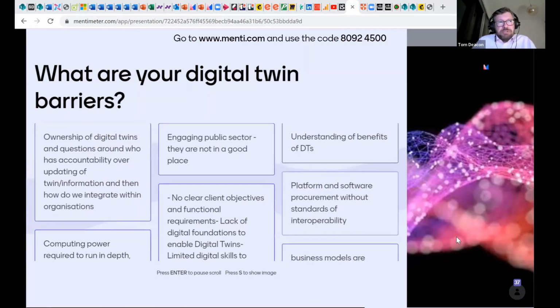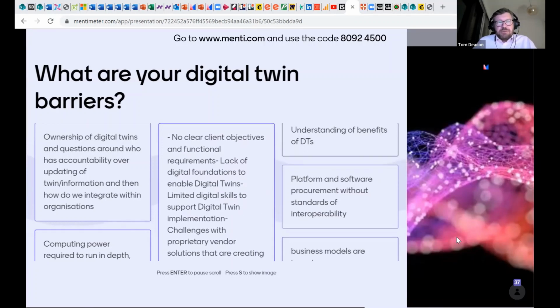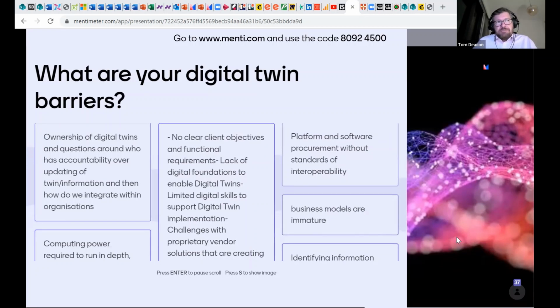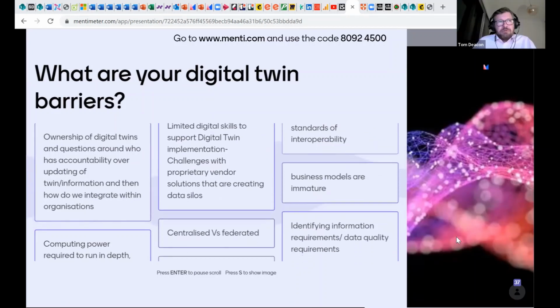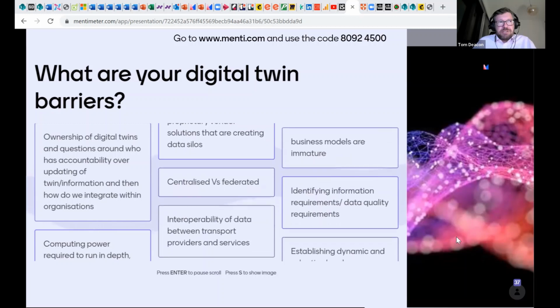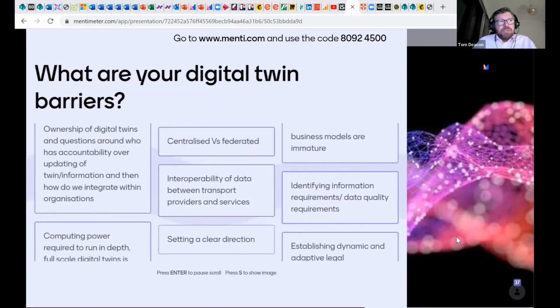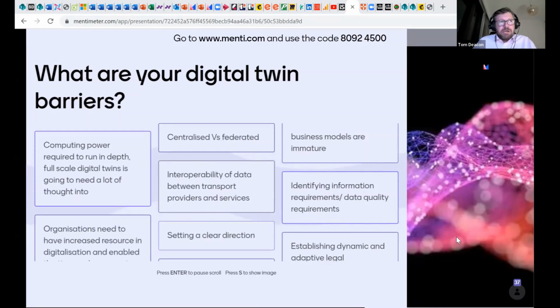We also covered the fact that, if you're not careful, it can be quite a complex concept to get across to decision makers and investors, and therefore it's particularly important to focus on articulating in terms of the outcomes that the digital twin will enable, rather than the complexities of its design and so on, which was alluded to earlier as well. There was a comment about the need for a holistic view,